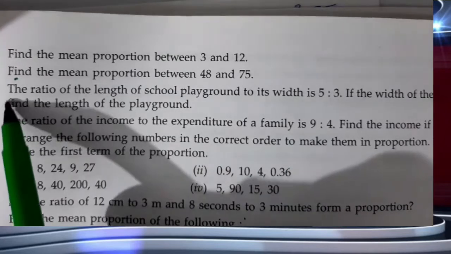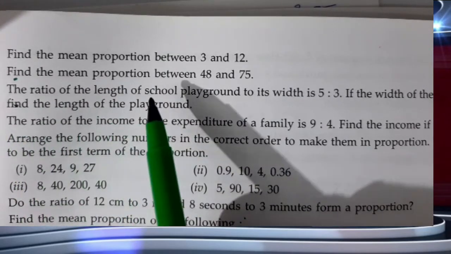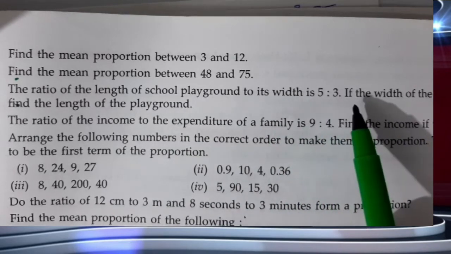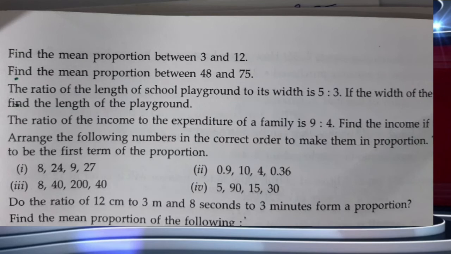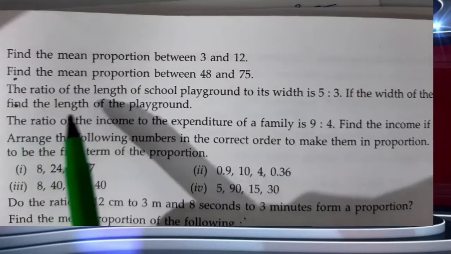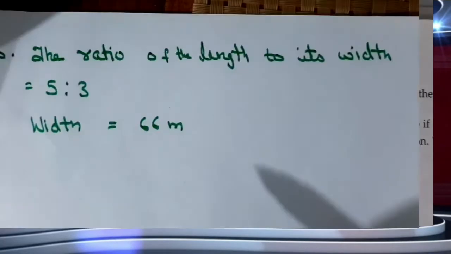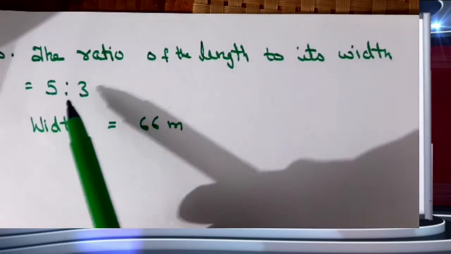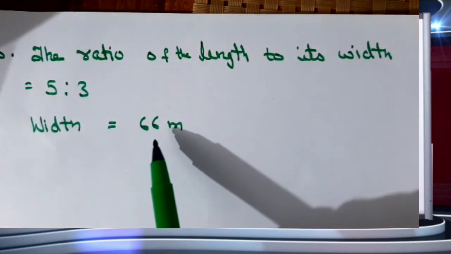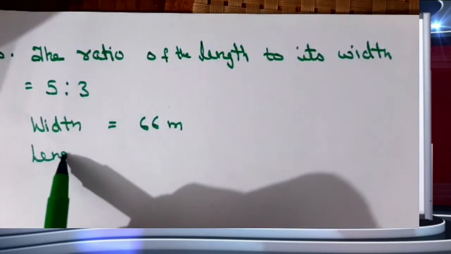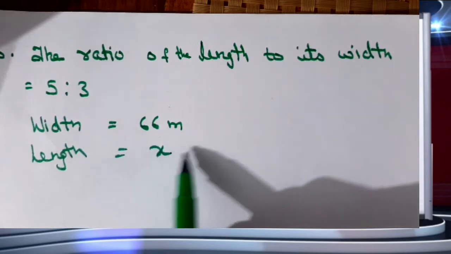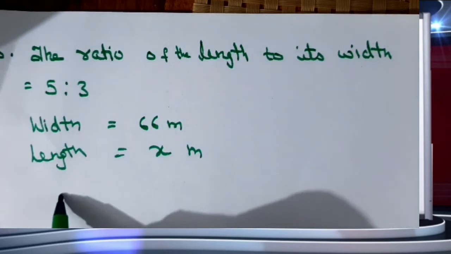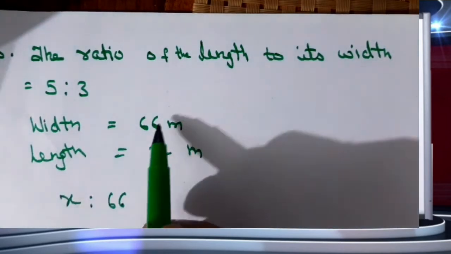Come to question number 10. The ratio of the length of school playground to its width is 5:3. If the width of the ground is 66 meters, find the length of the playground. Now, the ratio of the length to its width is given 5:3 and width is given 66. We have to find out the length. So, let the length be x meters. I don't know length, I am taking it as x meters. So, then x ratio 66, that is length ratio breadth is